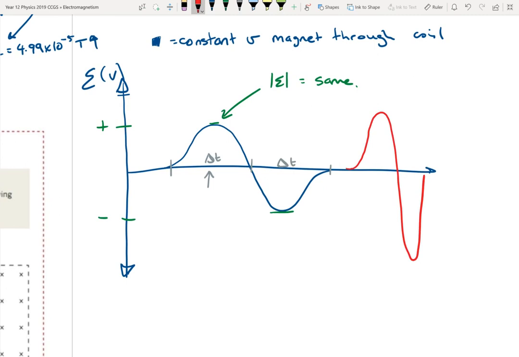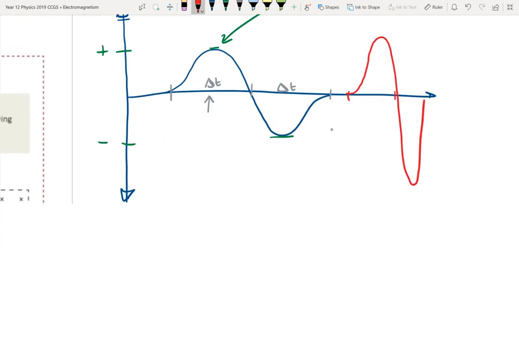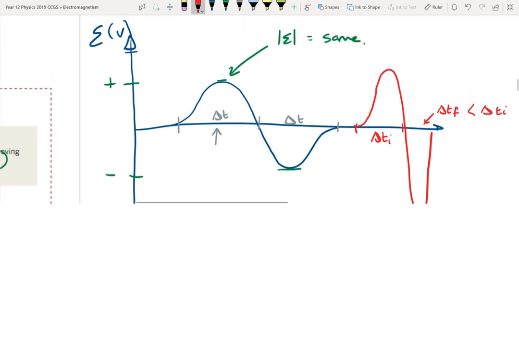So here, you've got your delta T initial and your delta T final, or let's say less than. Okay, and then also your maximum EMF initial is going to be less than,